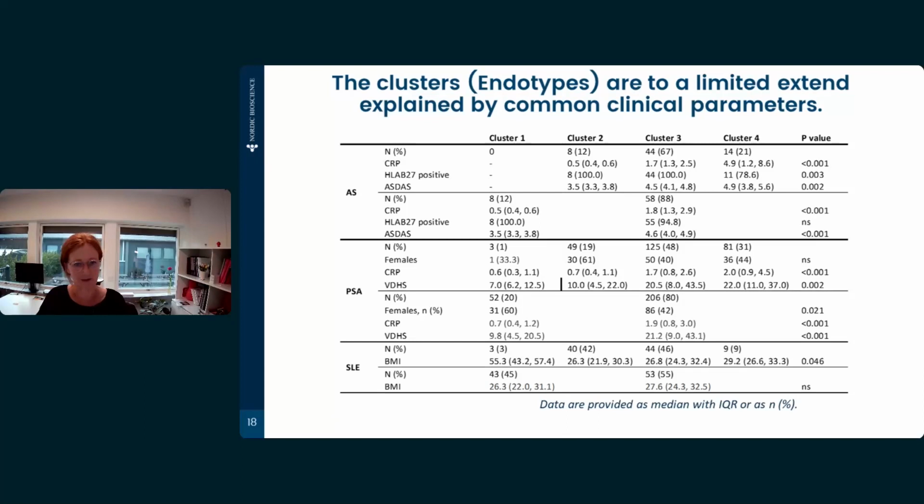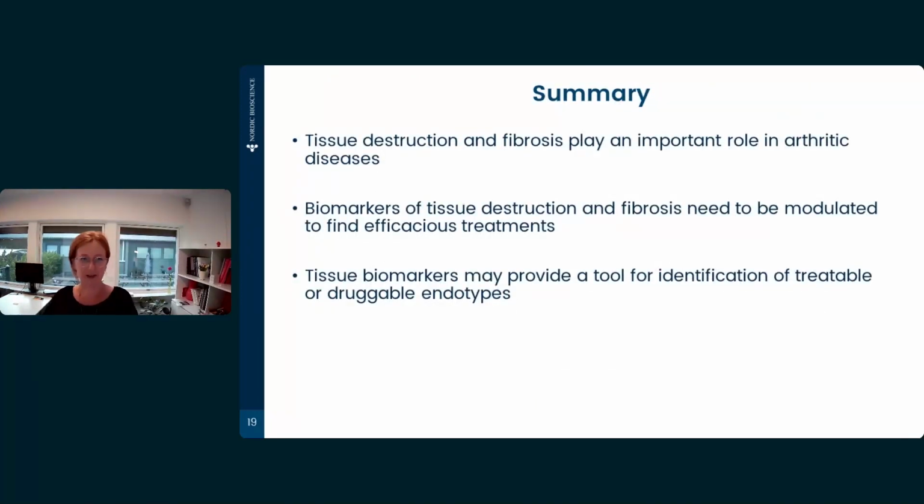And also, when we look at the distribution of patients, we can see that the PSA patients and the AS patients fall mainly in the last two clusters, while the SLE patients, the lupus patients, we have a huge problem in differentiating, and they fall into cluster 2 and cluster 3, where cluster 2 was the one with type 10 collagen regulation up. So just in summary, to close this off, then tissue destruction and fibrosis play an important